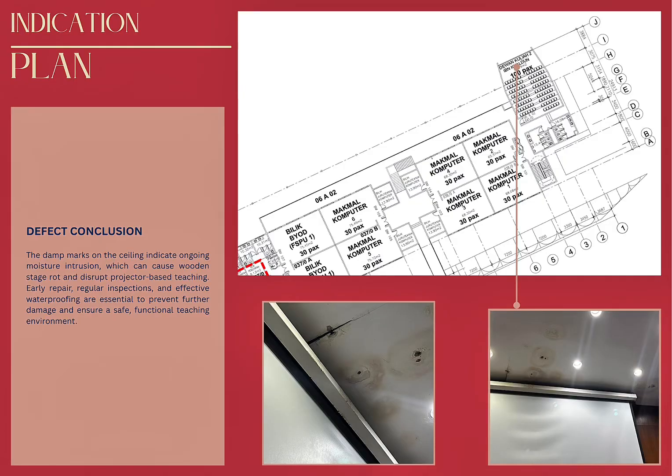In conclusion, the damp marks on the ceilings indicate ongoing moisture intrusion, which can cause wooden structure rot and disrupt projector-based teaching. Early repair, regular inspections, and effective waterproofing are essential to prevent further damage and ensure a safe,